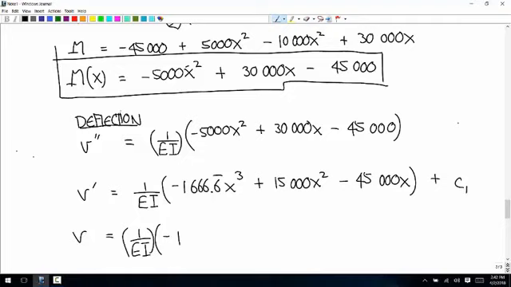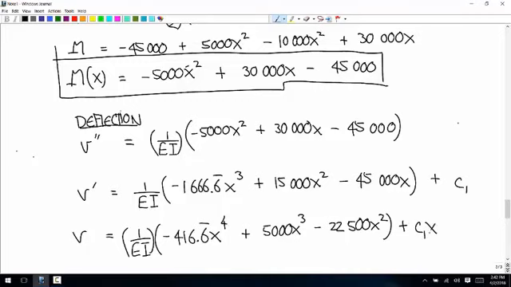Okay, so negative 416.6 repeating x to the fourth plus 5,000 x cubed minus 20, what? Yep, 22,500 x squared plus C1 x plus C2. So now we have both of those two constants of integration, and this is the deflection